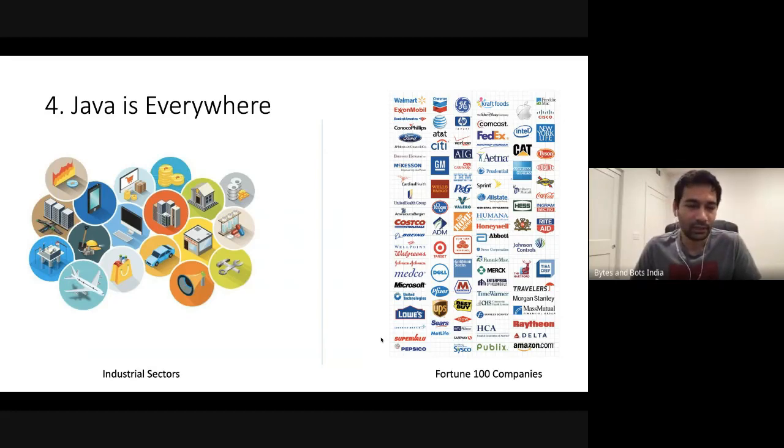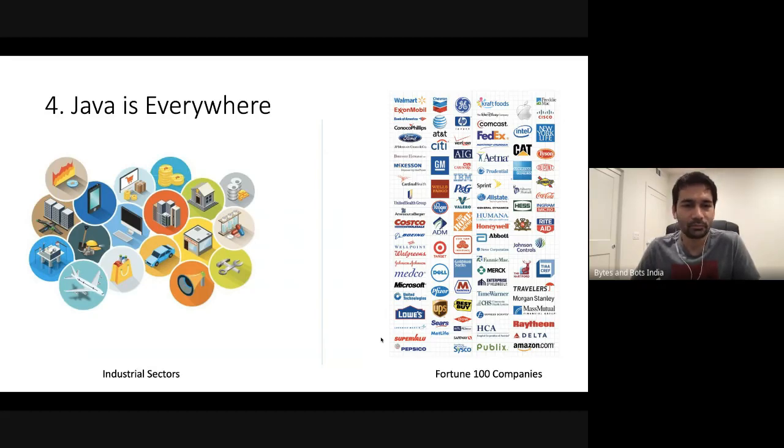And on the left of the screen are industrial sectors, all kinds of industrial sectors. So these are verticals, right? We had a question about what a vertical is. So this is a good example of verticals. You can see there's the airlines industry, there's oil, mining, healthcare, mobile phone, vehicles. So these are different verticals.